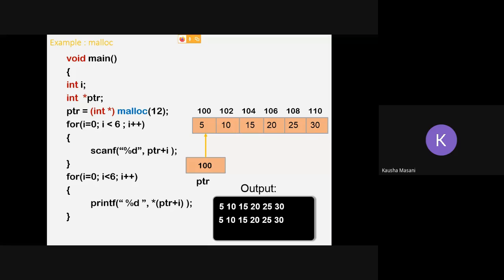Yes, students? Finished? I thought it's a small program, so I don't think you would be taking more than 5 minutes, because you just have to see and write.